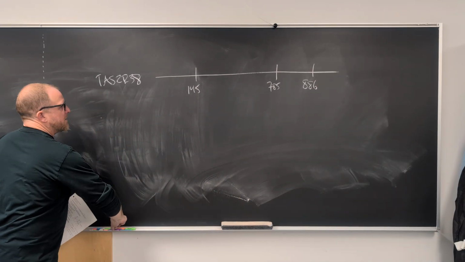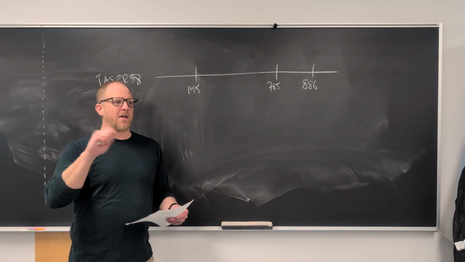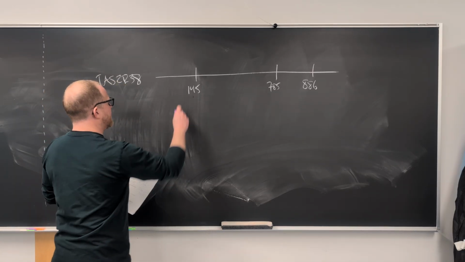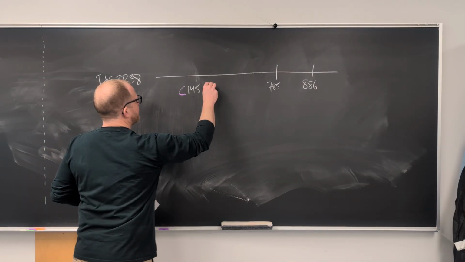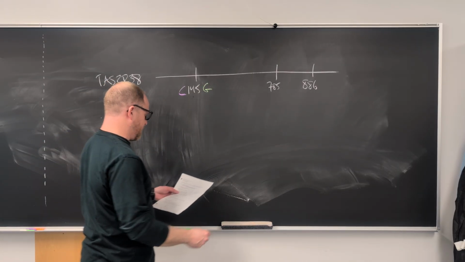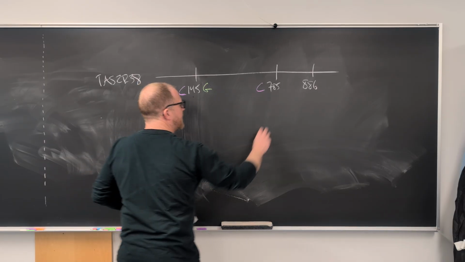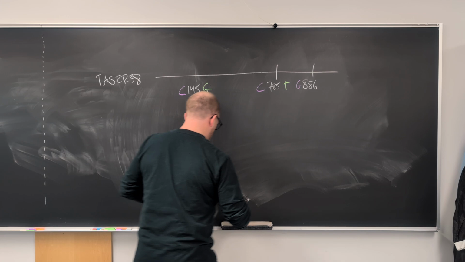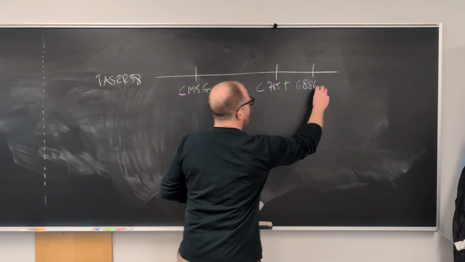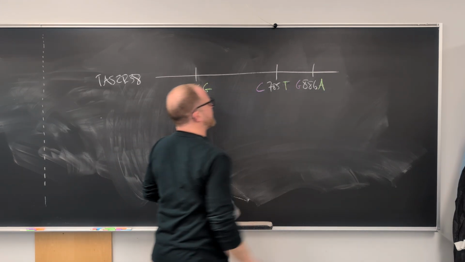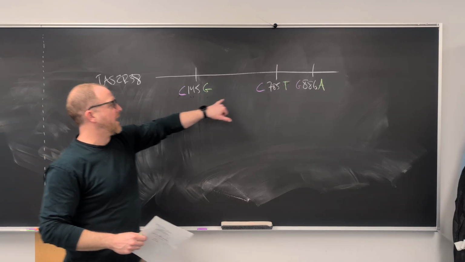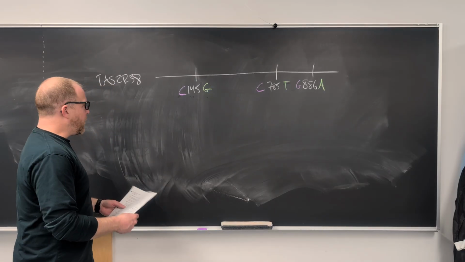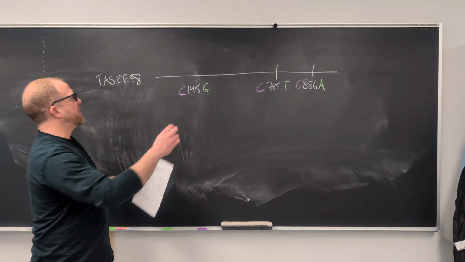Each of these is basically a single base variation. At 145, individuals have either a C or a G. At 785, individuals have either a C or a T. And at 886, individuals have either a G or an A. So there's that notation you should be familiar with: a C or a G at 145, a C or a T at 785, a G or an A at 886. Importantly, these are all within the coding region